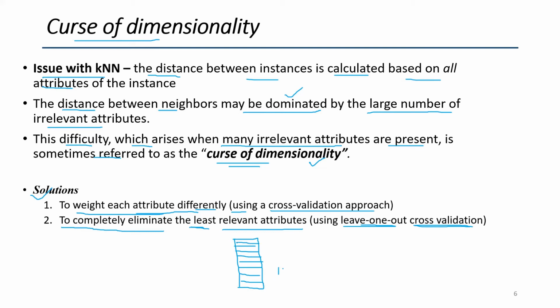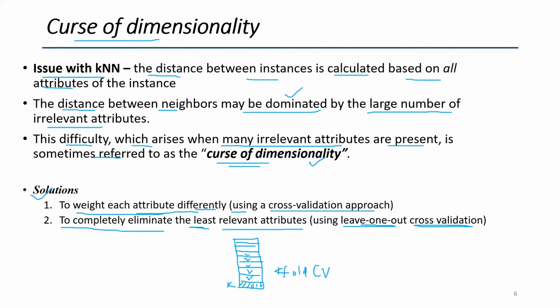This is known as k-fold cross validation. We divide our data set into k subsets, and we use one set for testing and the others for training. In the next iteration, we treat another subset as the testing set and the remaining ones as training, and so on. So we'll have k iterations.